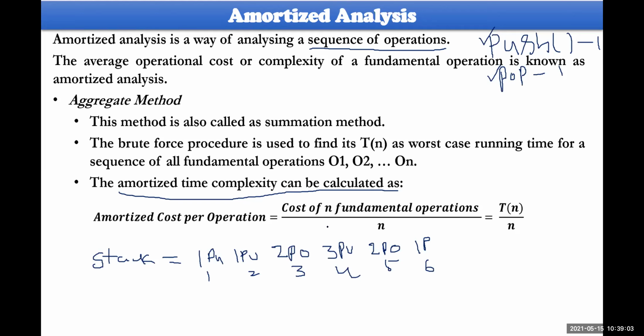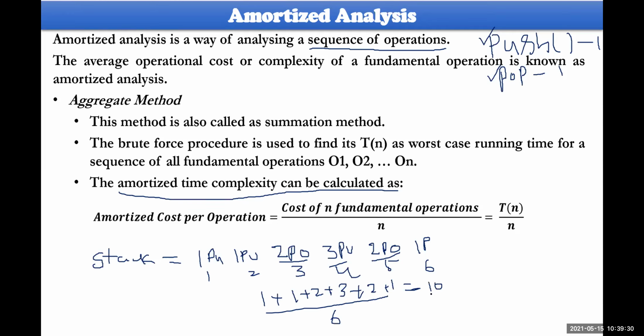Cost of n fundamental operations will be, let us consider 1 plus 2 plus 3 plus 2 plus 1, divided by the number of operations, which is 6. Okay, 1 plus 2 plus 3, so this is 4, 4 plus 3, 7, 7 plus 2, 9, 9 plus 1,